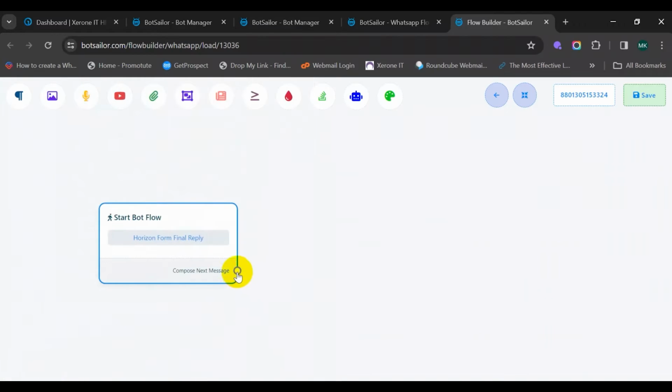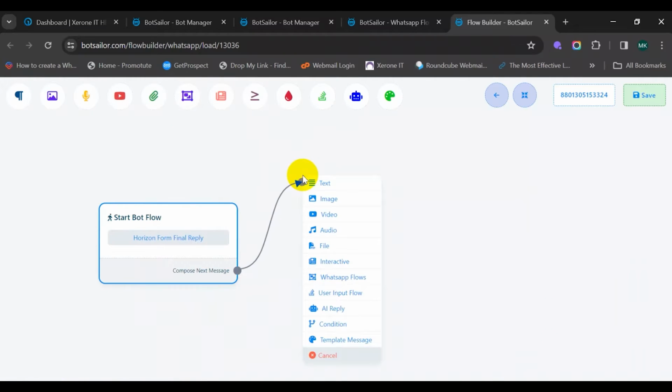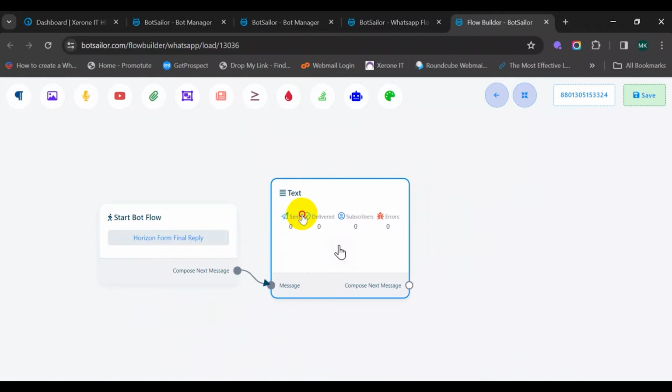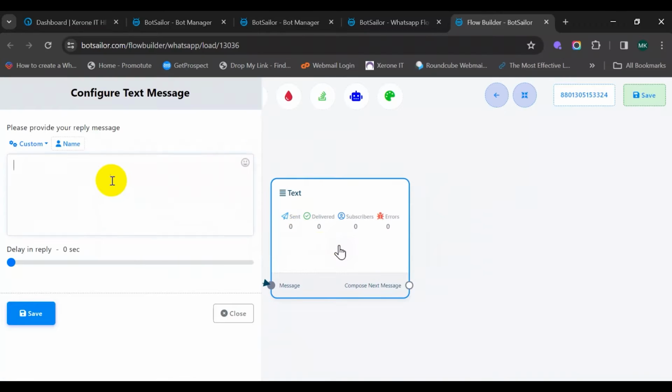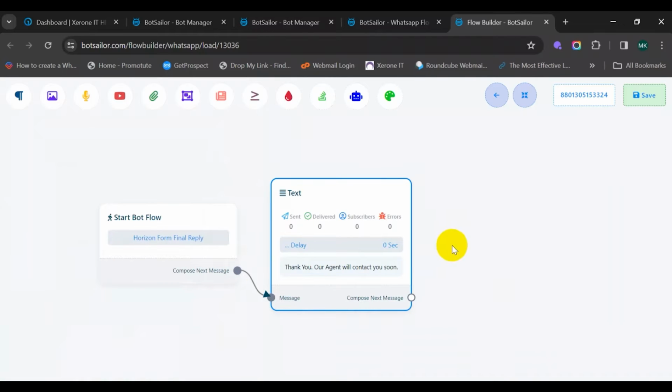And save it. Now drag from compose next message and take a text element. Here write thank you. Our agent will contact you soon. There, it's done. Now save the bot